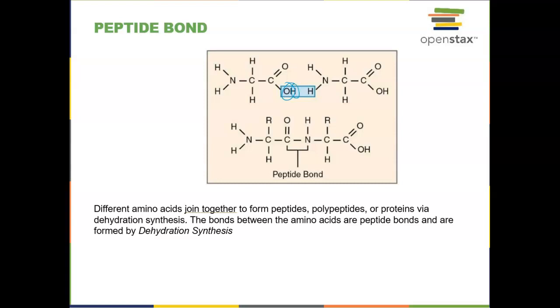No, the OH, I'm messing it up. You pull the OH off here and the H off here, and you make water. And then now this carbon is directly attached to that nitrogen there. And because it's carbon to nitrogen, as opposed to carbon-carbon, like say this bond here, it is special or different than other bonds, so we call it a peptide